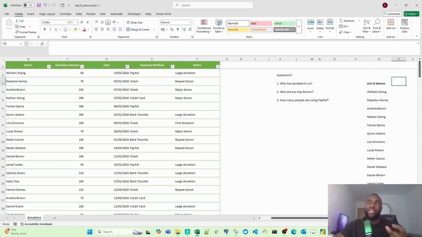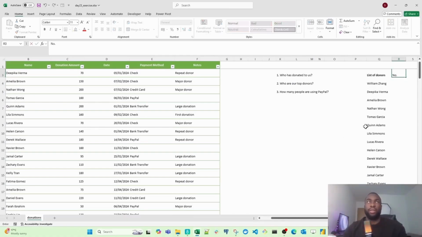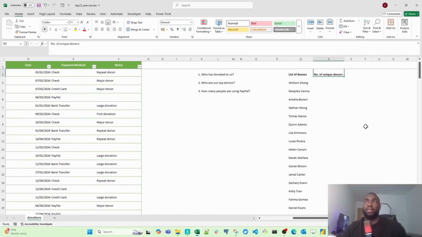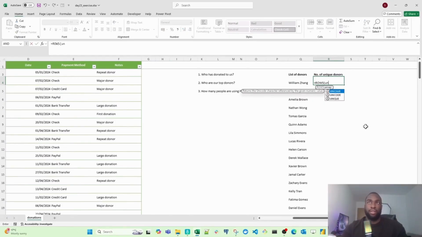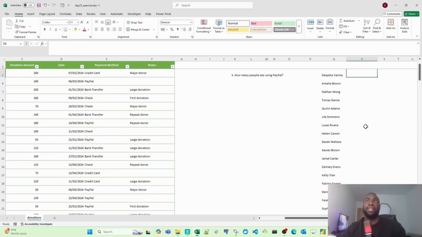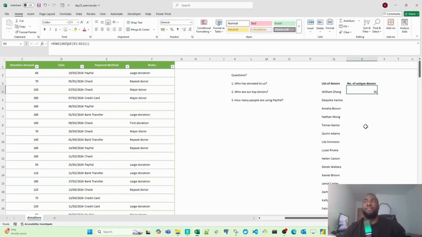And if we want to count how many unique donors we have, then we can use the rows function. So the rows function is simply going to count how many names the unique function gave us. So what I'm going to do is I'm going to type in number of unique donors, and then just scroll to the right a bit. And then I'm going to type in rows, and then I'll type in the unique function that we just used, so unique, and then I'll just select all the names, close the unique function, and then close the rows function with brackets. Hit enter. And we have 50 unique